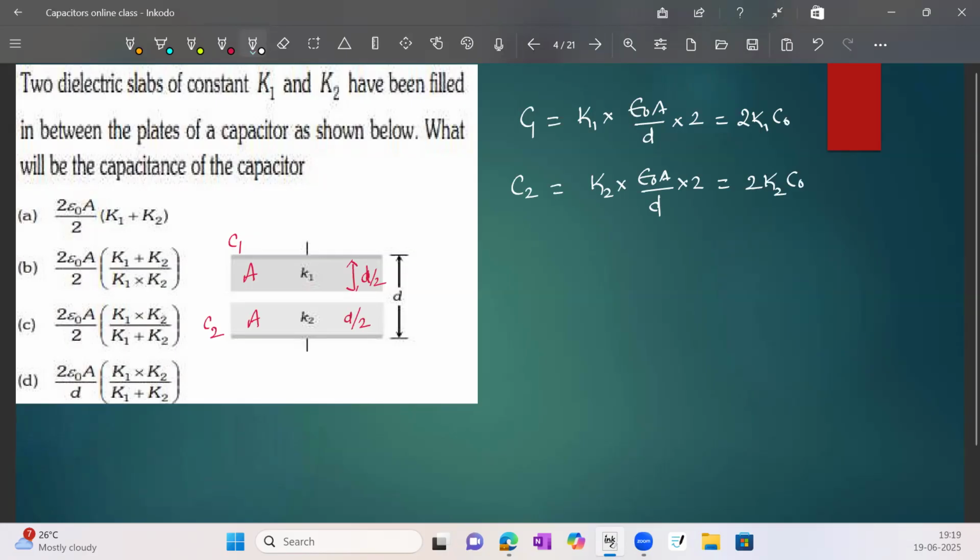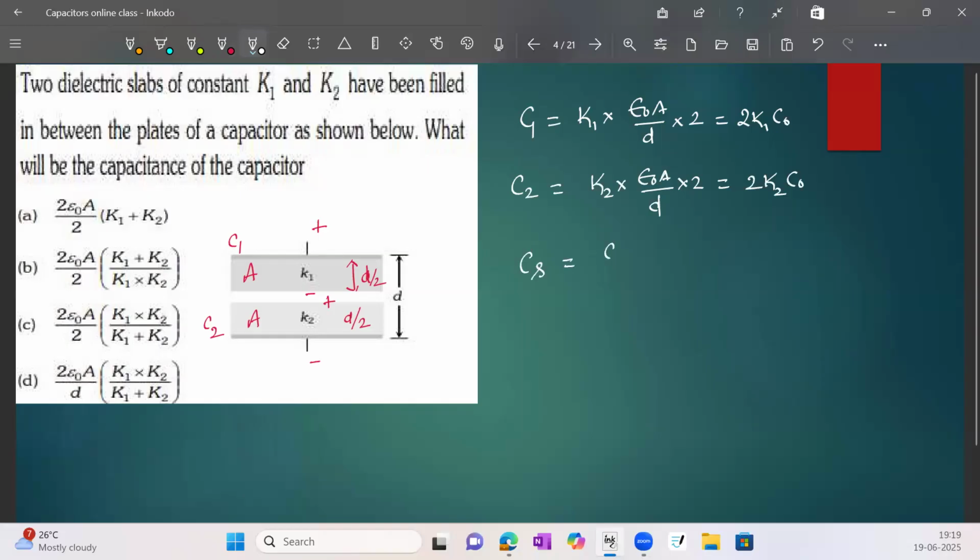Now these two capacitors are placed one above the other. Like in the previous problem, if you give this the higher potential and this the lower potential, this plate is negative, this plate is positive, this is negative. So here the capacitor plates are connected positive, negative alternately. When capacitor plates are connected positive and negative alternately, that combination we can consider a series combination. In series, the formula we have is